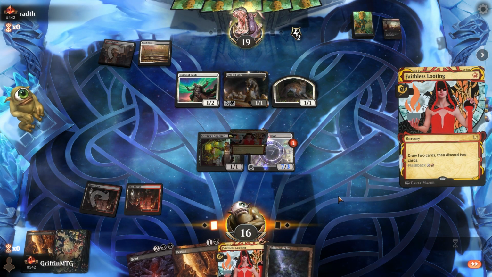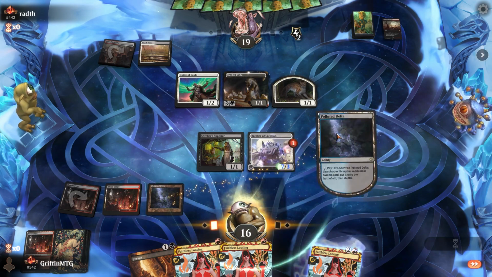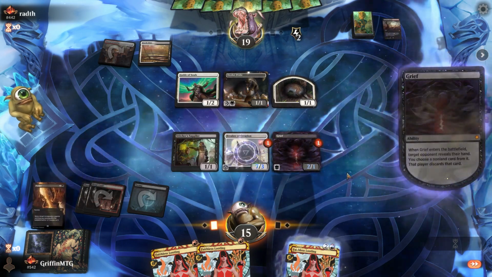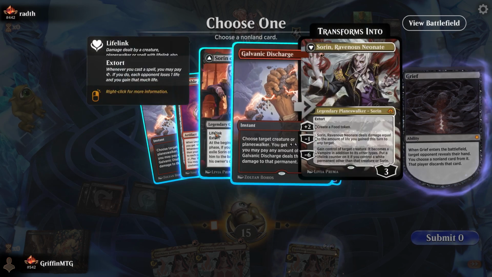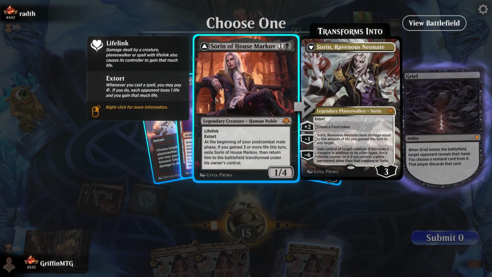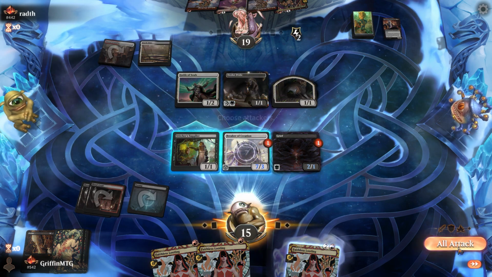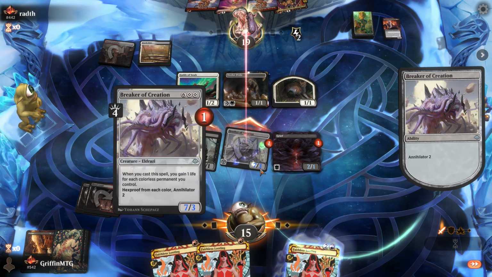But let's Faithless Looting. Probably don't need that, and I want to use Persist here. Just take a little peek. Ob Nixilis. A Discharge, a Sorin. I don't know. I mean, how are they going to deal with this Annihilator too? That's what I want to know. There is really no reason to persist on Grief. We could have Faithless Looting, maybe tried to find another breaker, but...